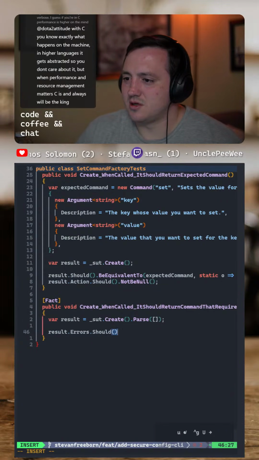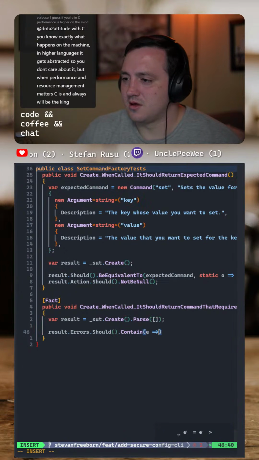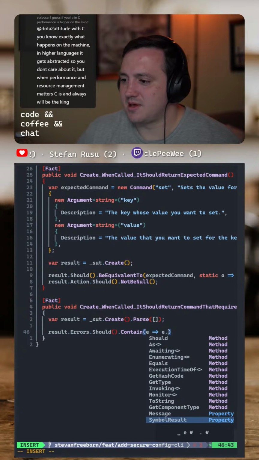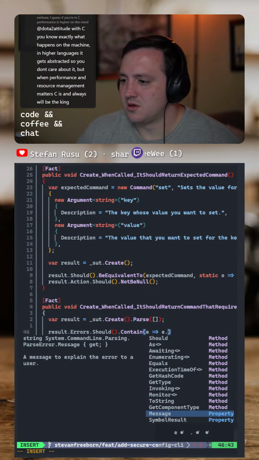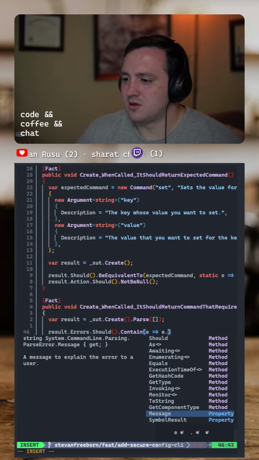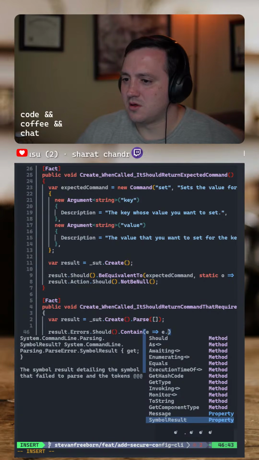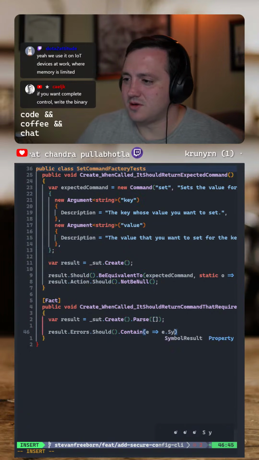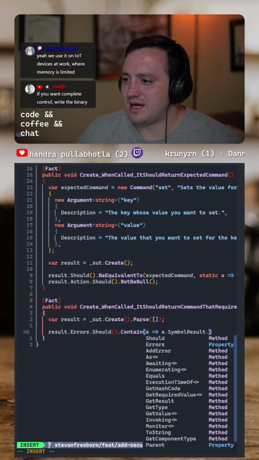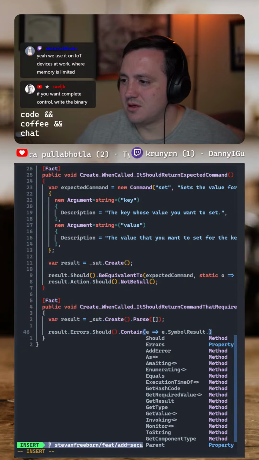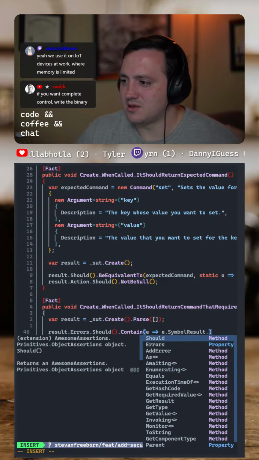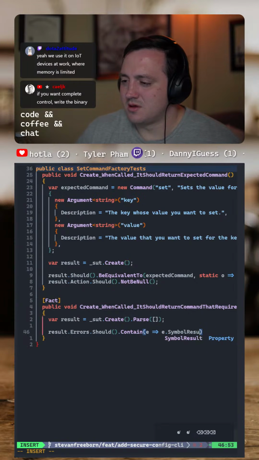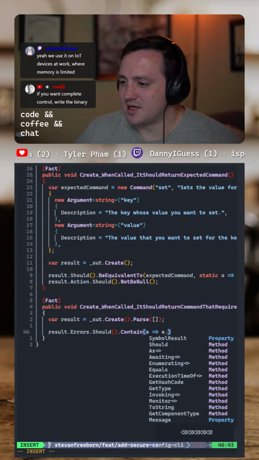Let's see, should contain e.message. The symbol, detailing the symbol that failed to parse. So e symbol result dot tokens? I don't know. I want to just make sure that it failed to parse because of the